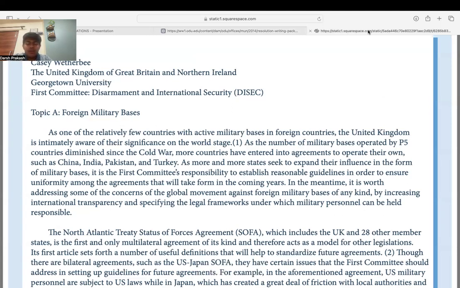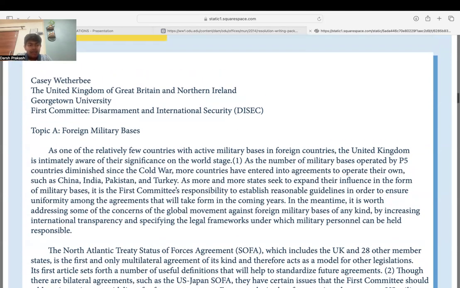Position paper is a document that you submit to your executive board before the committee, in which you basically provide a gist to your executive board members that, okay, this is what your country has done, and all these points you would be discussing in the MUN. It is just to give an overview to the EB of the basic stance of the country with respect to the agenda, right?